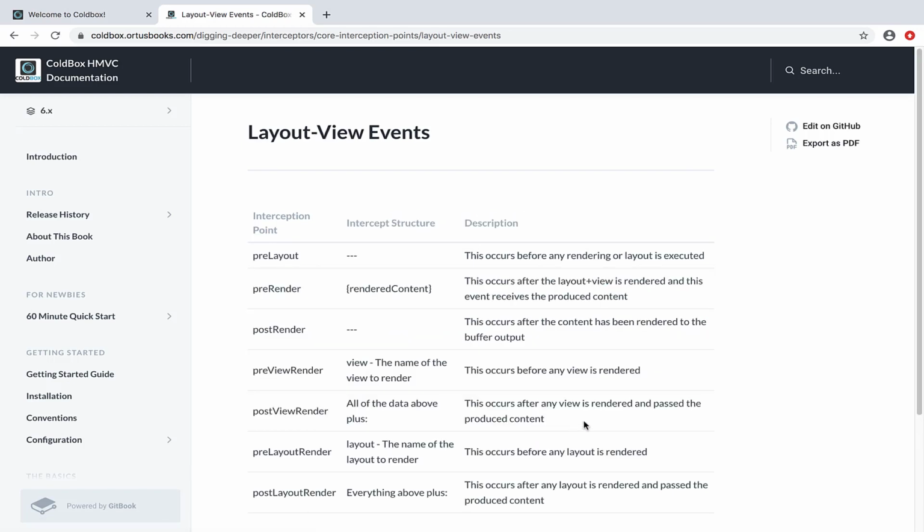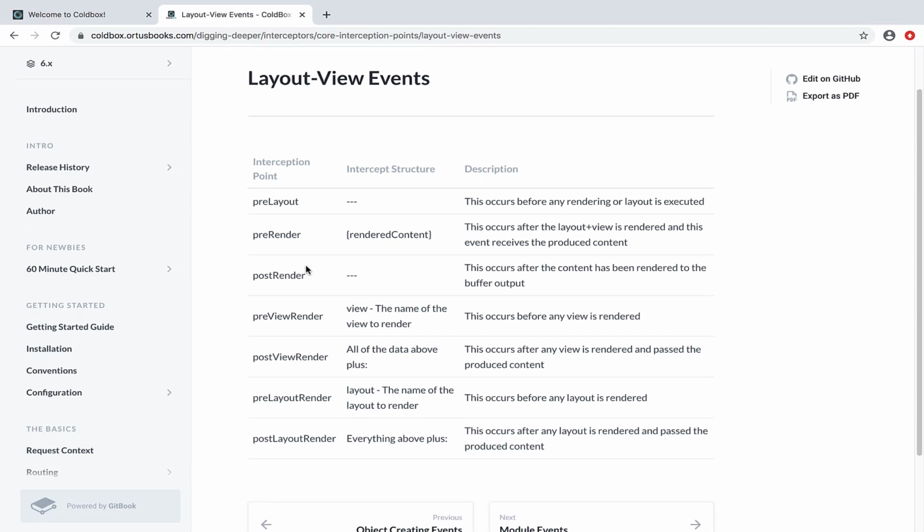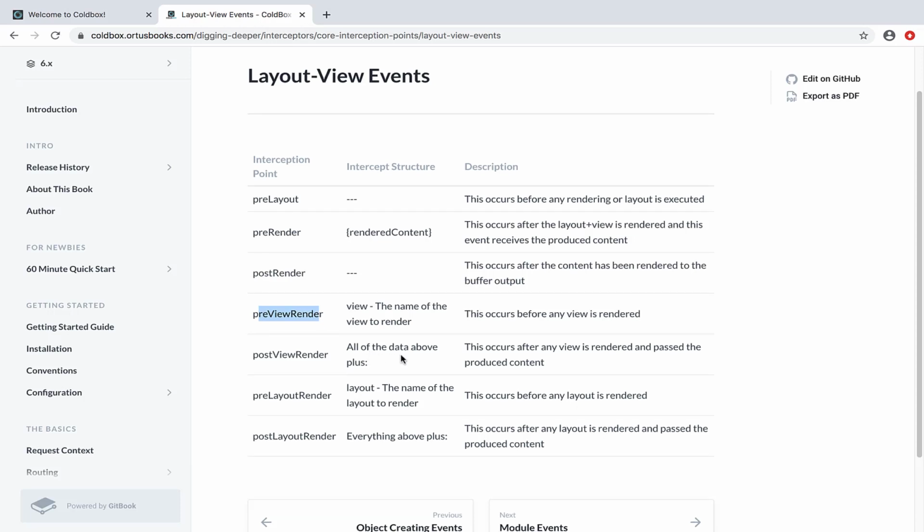You can have events for layouts, before and after your layout files are rendered in your application, before and after views are rendered in your application. There are a whole bunch of different events that can be either global and happen at a high level, like when your application first starts up or when it shuts down, or you can have events that fire at really, really specific points in time, before and after a view renders, before and after a layout renders, and that sort of thing. As your applications grow in complexity, you may find more uses for interceptors, but if you don't need them